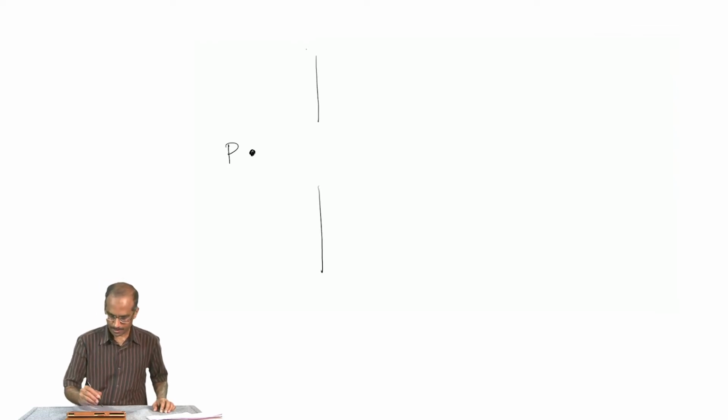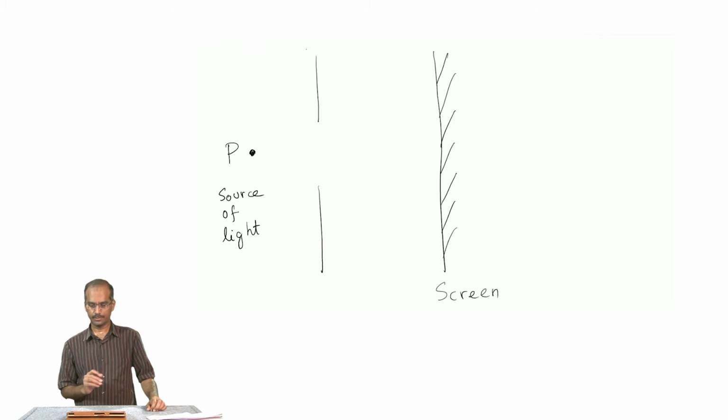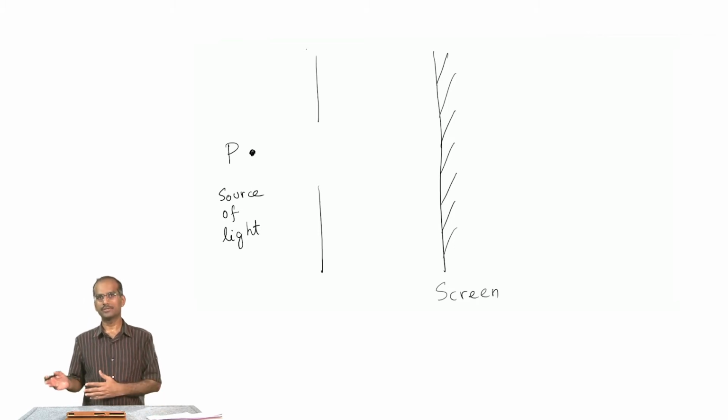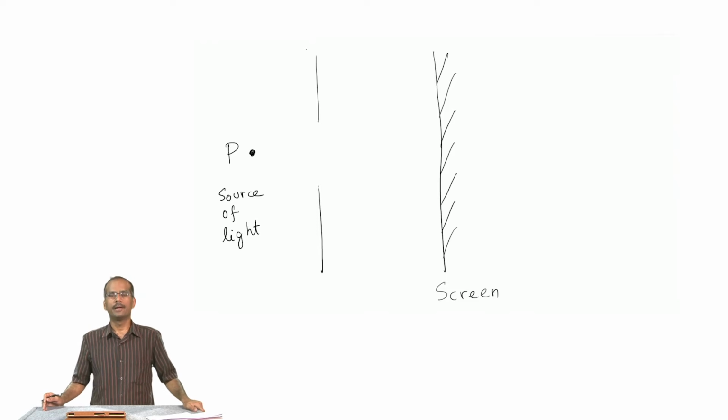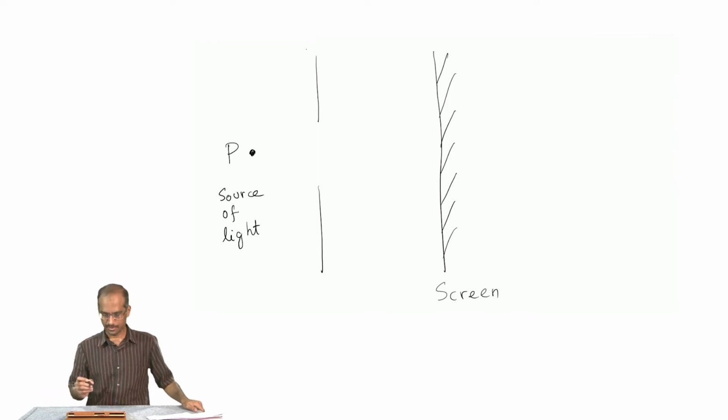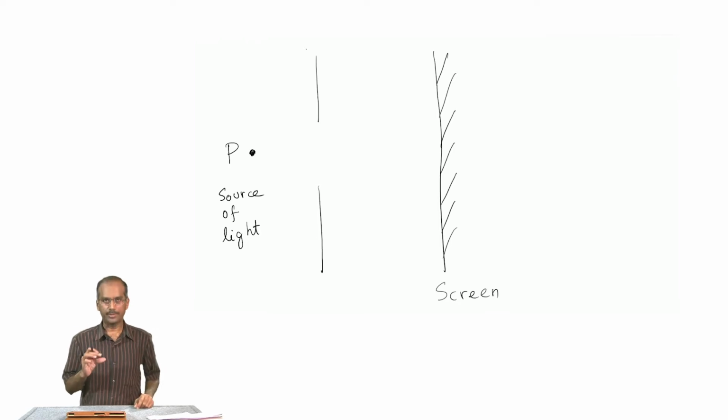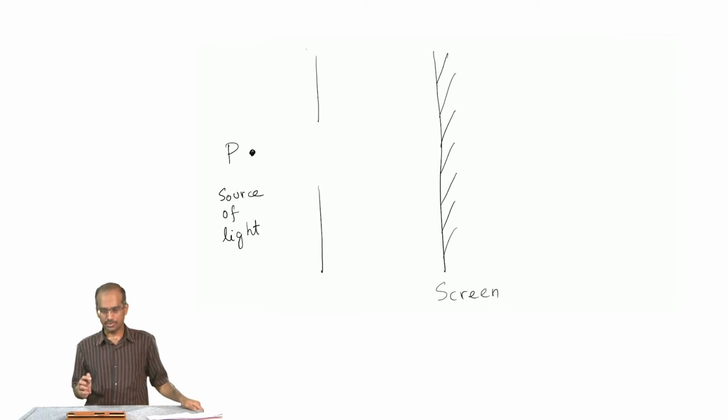Let us consider a source of light here from point P, and let us say that I have a circular aperture given by this, and at the other end I have a screen here. If P is any source of light, the question is what is it that we will see on the screen, and in this case it will depend on dimension of this aperture. Suppose this aperture is small enough. In such a situation, the light from P will of course go like this, but we are unlikely to see